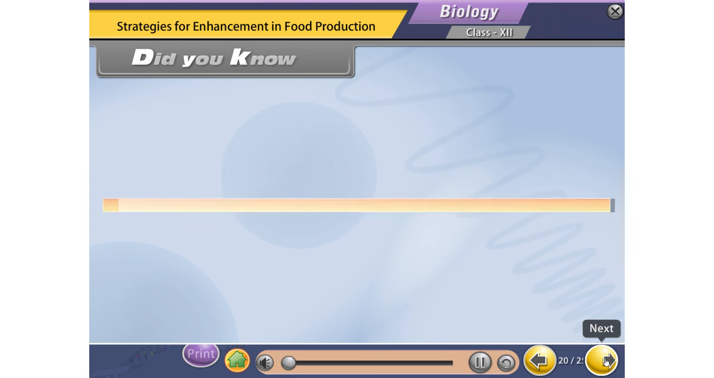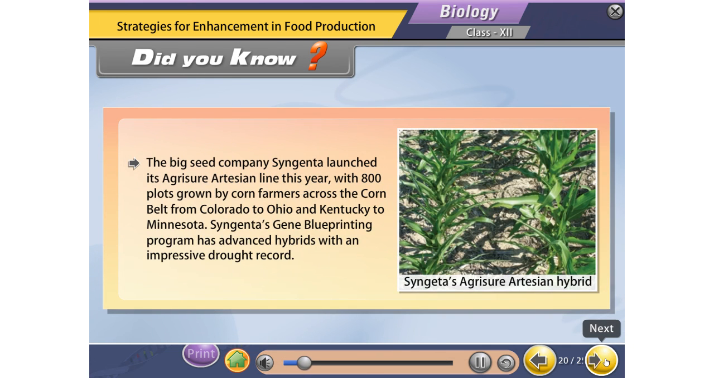Did you know? The big seed company Syngenta launched its egg ratio artesian line this year with